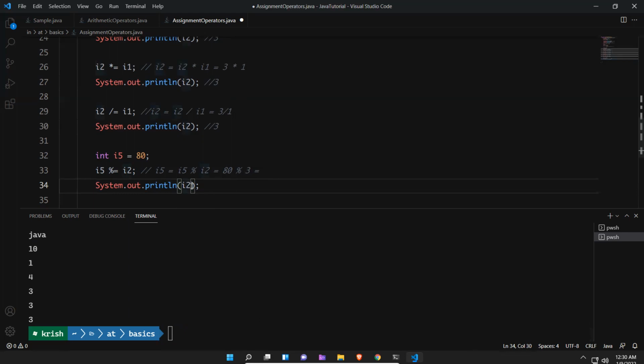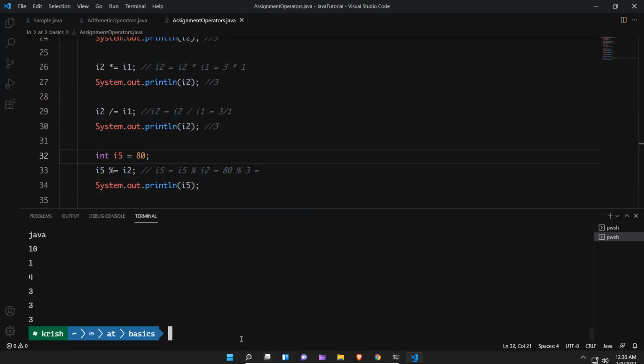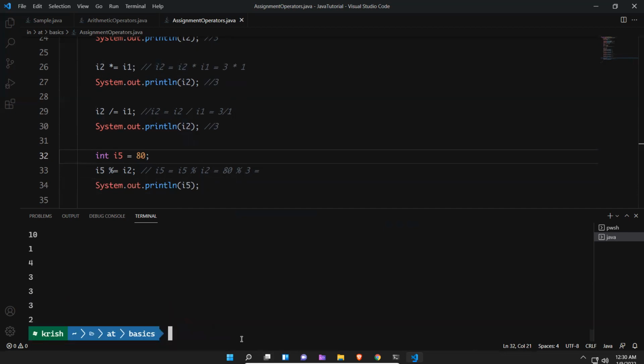I printed I2, I need to print I5. So I need to compile again. I think 27 or 28 it will give. What is this percentage? You will get the remainder, right? This is not division, so you got 2.